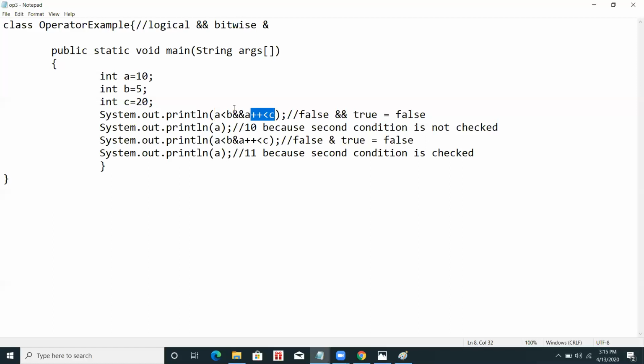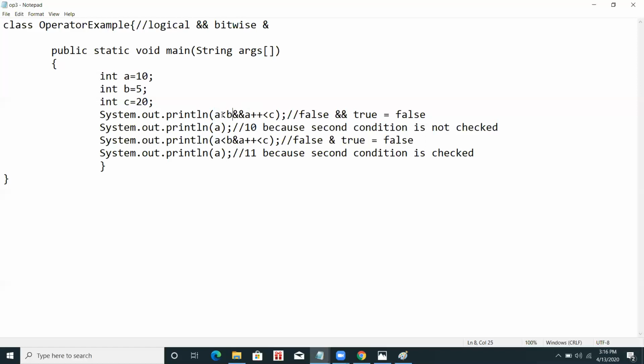It checks the second condition only and only when the first condition is true. The checking of the second condition is dependent on the first condition. If the first condition becomes false, it will not check the second condition.